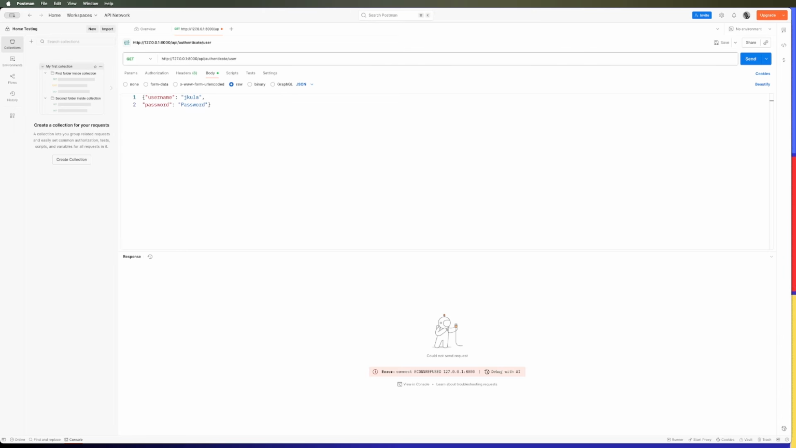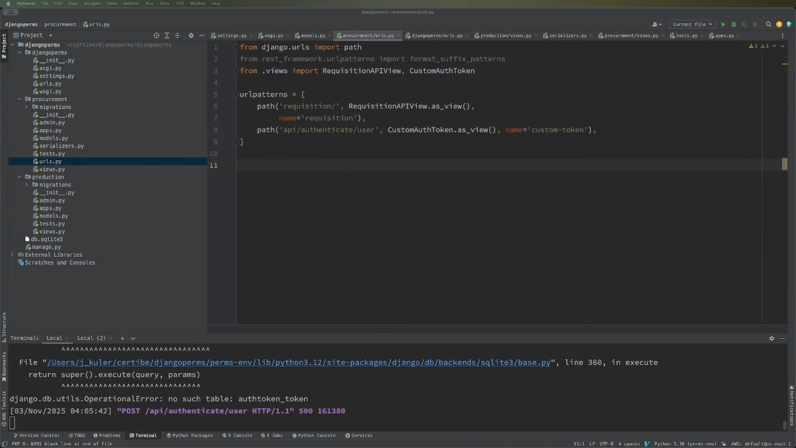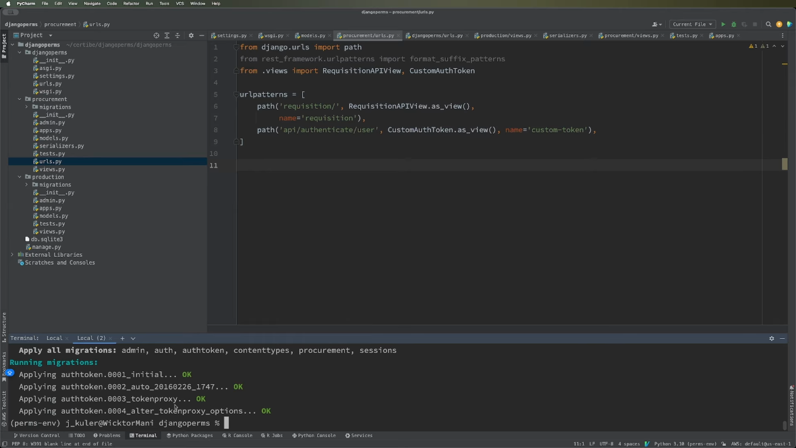It looks like we didn't configure our URL correctly. We need to see what we did. Okay, cool. I know what's happening. So what's happening, we don't have the Auth token model, so we need to migrate that. Python manage.py migrate. We need to do a lot of migration so we can create the Auth token model in our